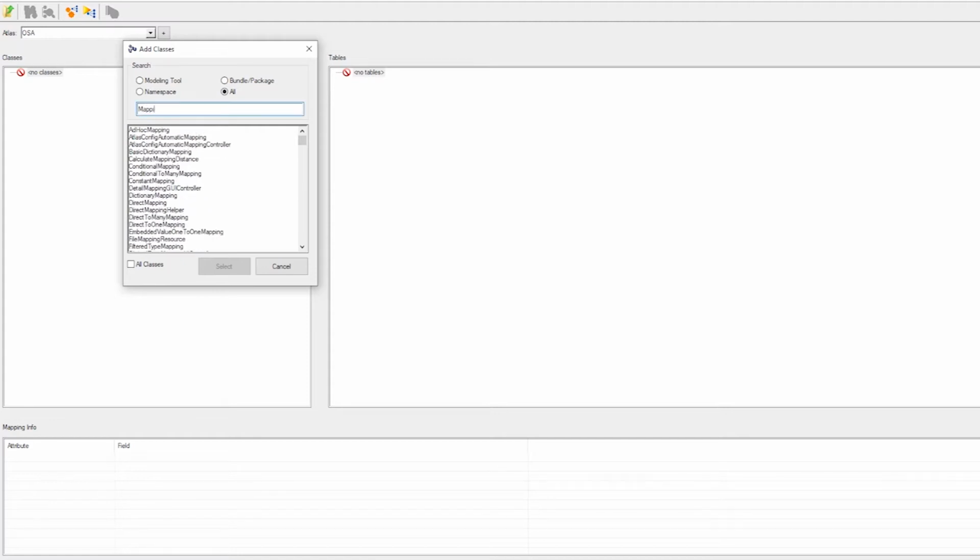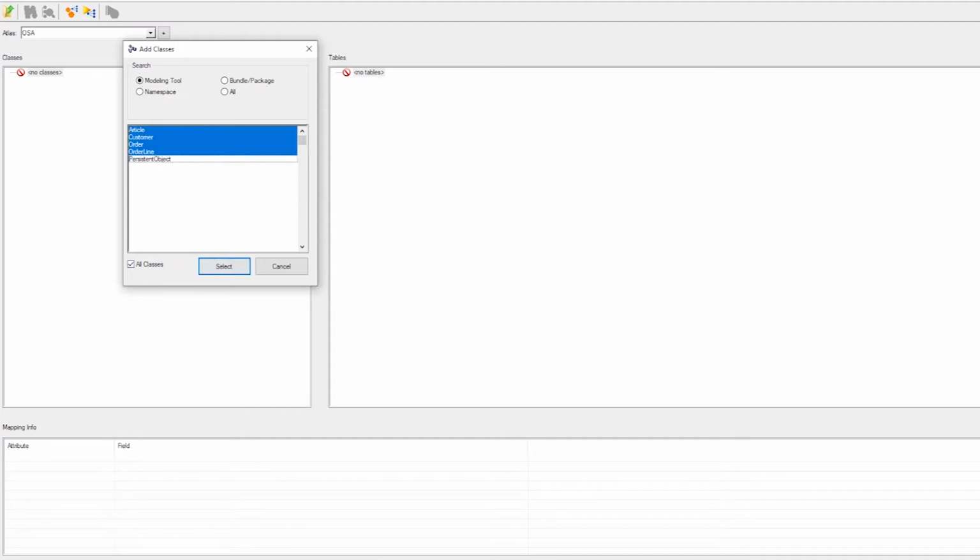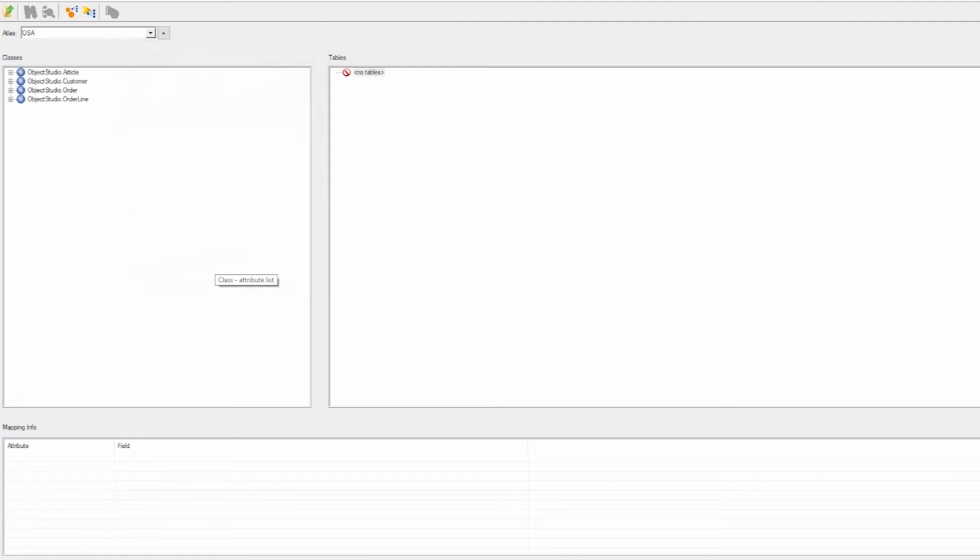You simply start typing something, and there will be a filter that shows you all the classes that have the word that you are typing in their name. For this one we are going to import from the modeling tool. We select all classes, and then we remove the persistent object because we don't need that one. Inherited attributes are automatically shown in the hierarchy of the class. As you see here, we have article open, and we have the ID from persistent object in there, as well as all the other